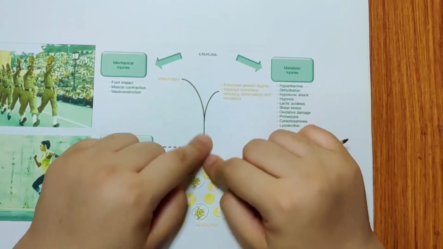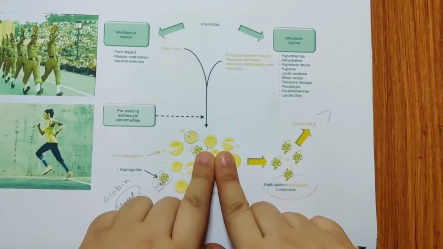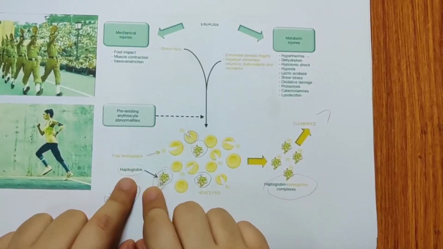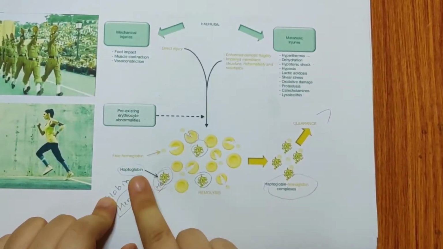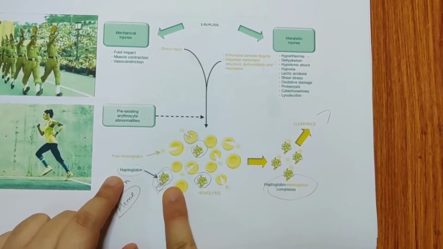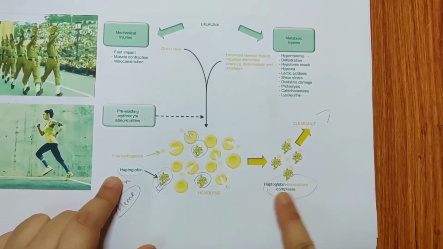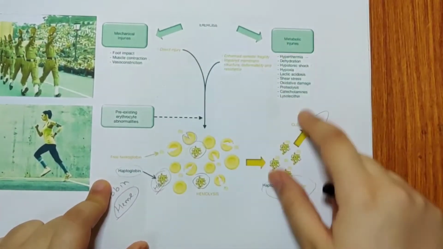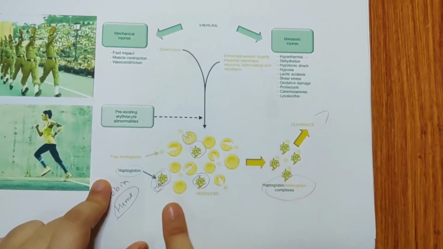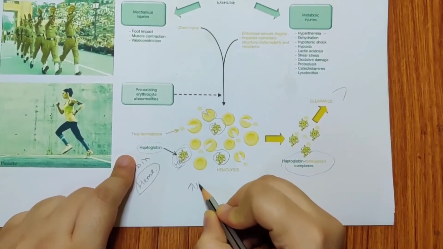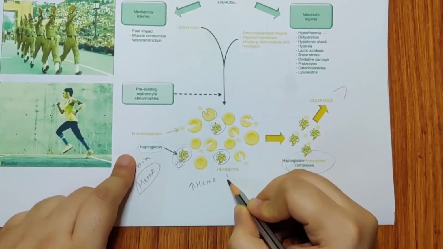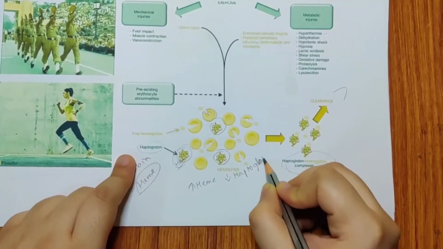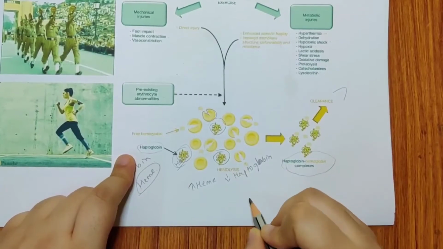Both of these will cause the RBCs to break down into free hemoglobin, and for this free hemoglobin, your haptoglobin will come. This haptoglobin actively binds to all the heme. So the haptoglobin and heme complexes are cleared and go back into circulation, where the iron is reabsorbed for erythropoiesis. But sometimes when you have a lot of heme, you don't have that many haptoglobins. So these haptoglobins are also excreted in the urine, and that leads to haptoglobinuria.